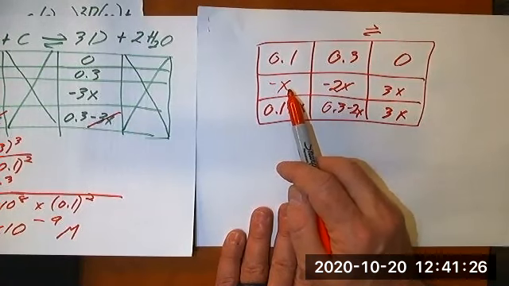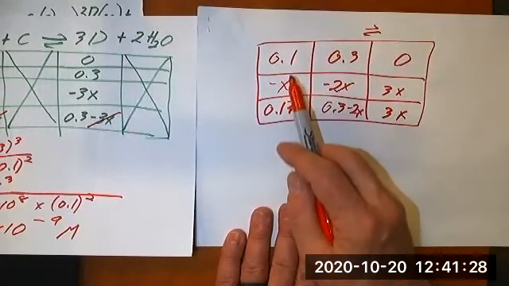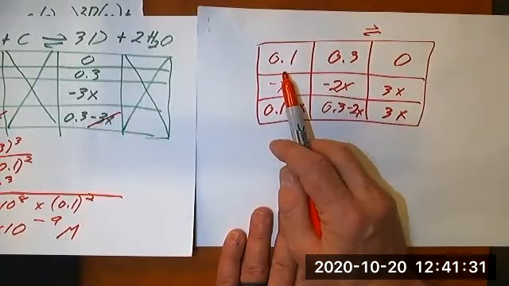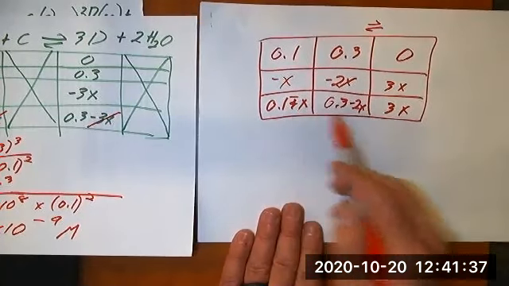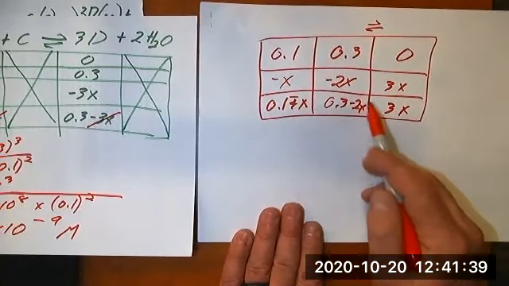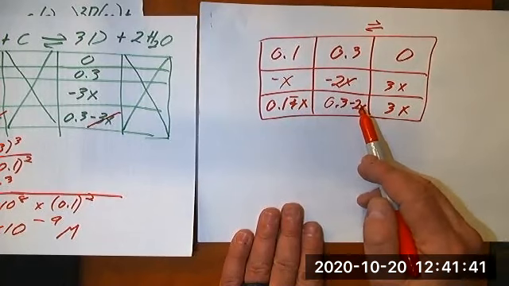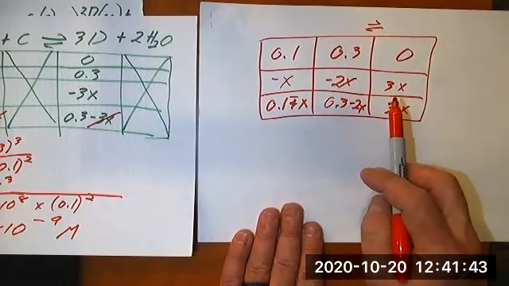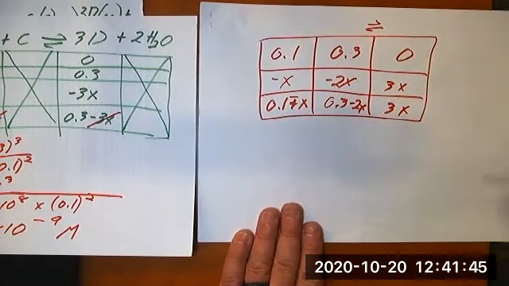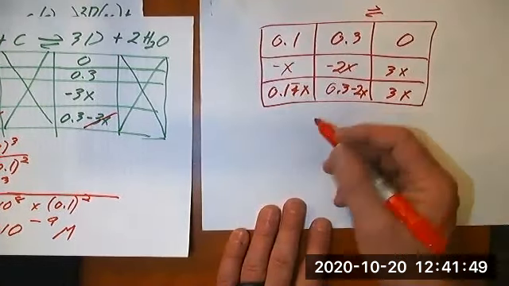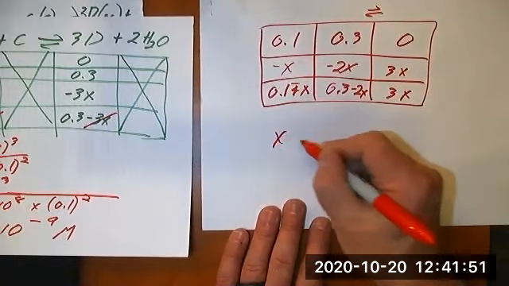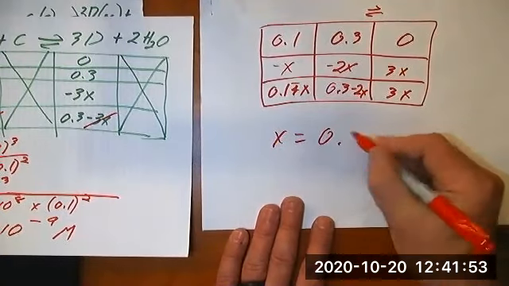In fact, it's going to be almost exactly 0.1. And so when we go through the math, we can't neglect the x and the 2x here. So we're going to have a higher order polynomial we have to solve. And when we do so, the result that we get is going to be x equals 0.99999